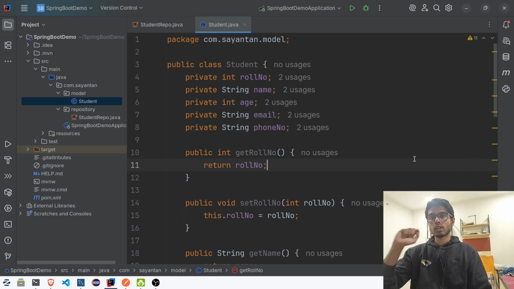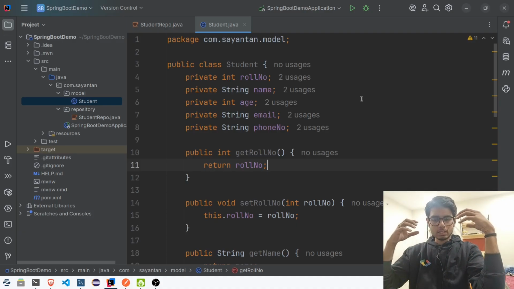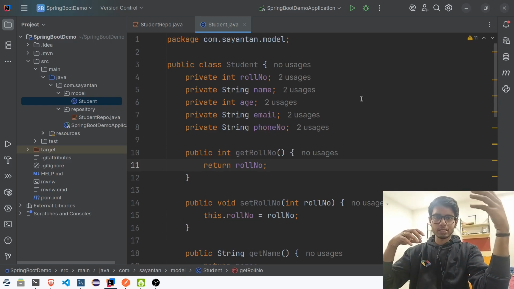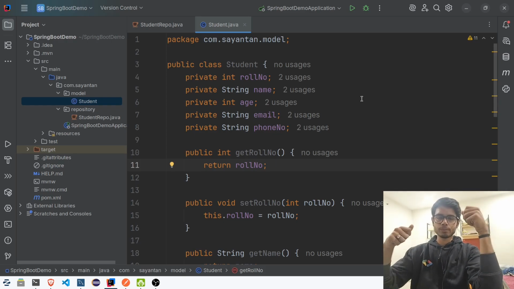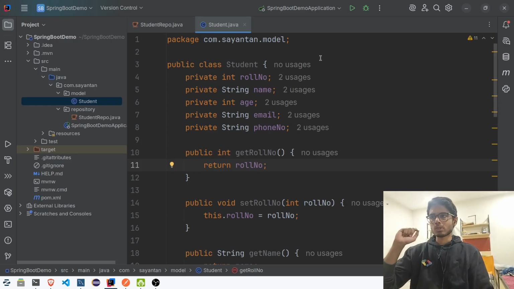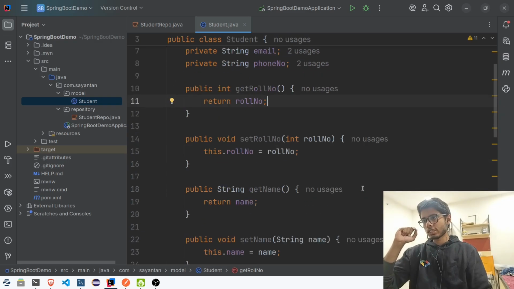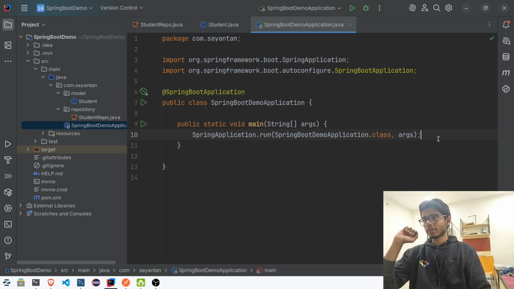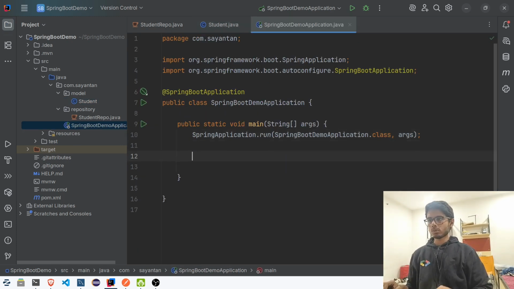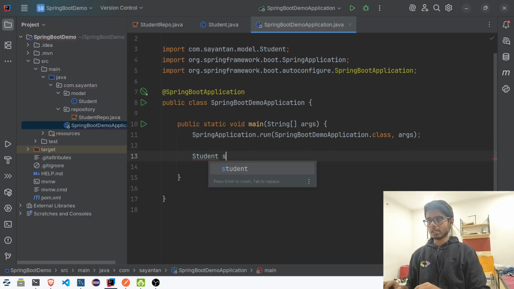Okay. Now another thing is that I mentioned to you that when the IOC container actually creates the objects for us, when Spring Boot creates objects for us, they are known as beans, right? So how do you tell Spring Boot that this class that you see, let me give you an example, right? Like over here, what I can do is create a student,